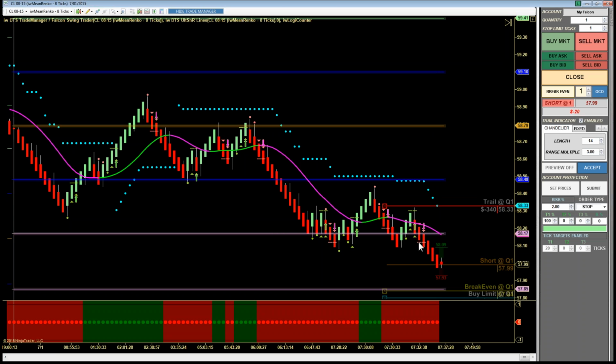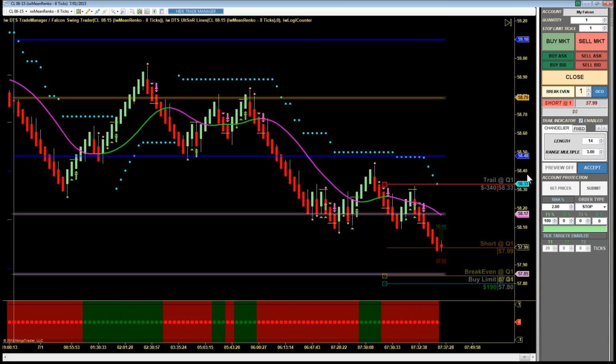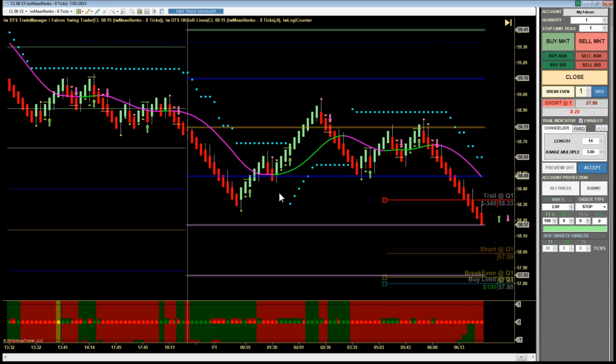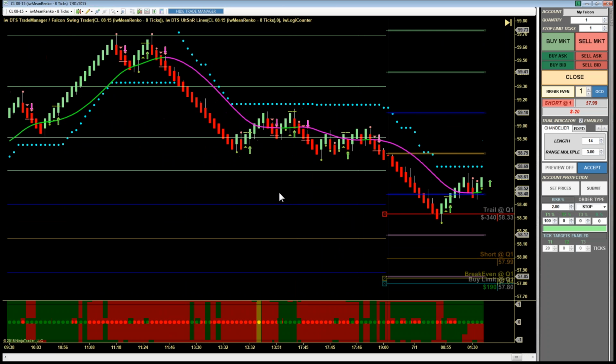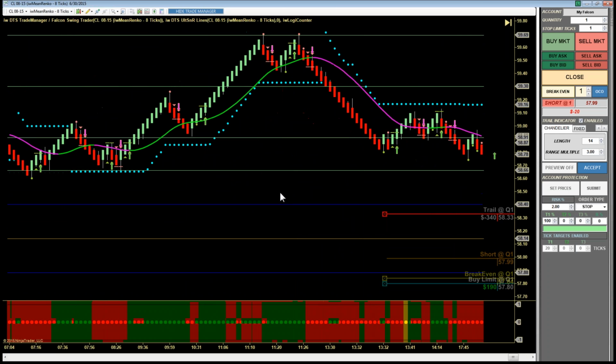Josh is asking, is there a way to only show the high probability trades, like an add-on or a setting? Honestly, Josh, it's not that difficult to spot. I know it looks confusing now because it's new to your eye. You see a lot of dots and hash marks and arrows and stuff. But really, what we're looking for is